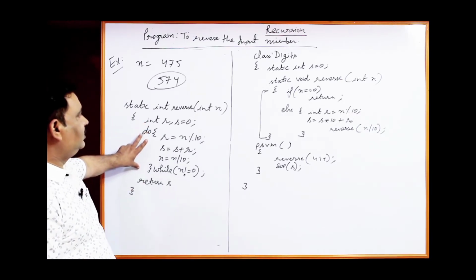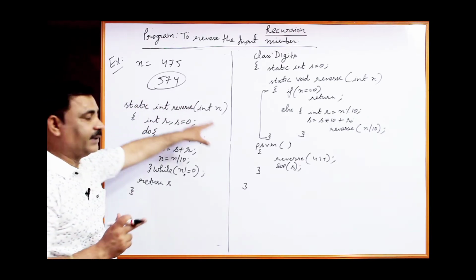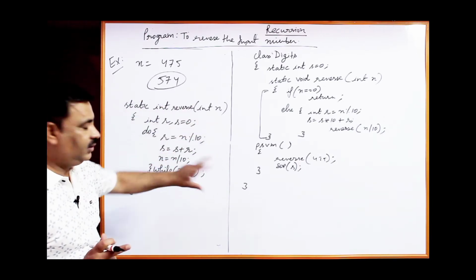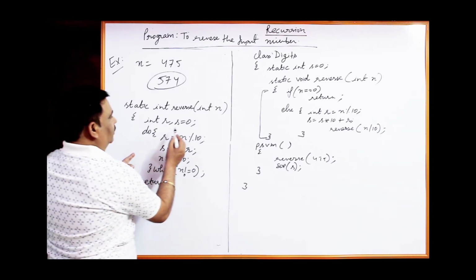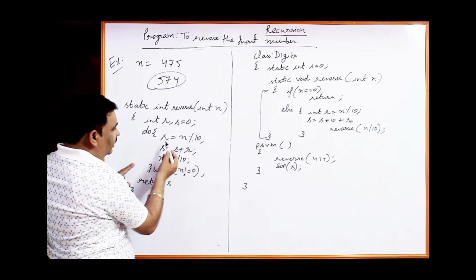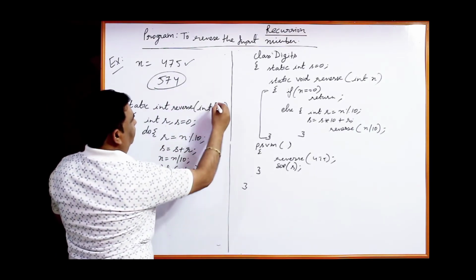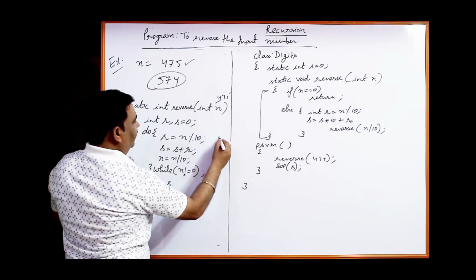This is the loop. In the last video, I told you how to get the sum of the digits. This is the non-recursive method, without recursion first of all. R for remainder, S to store the reverse number, get the remainder. If the number is 475, the remainder will be 5.